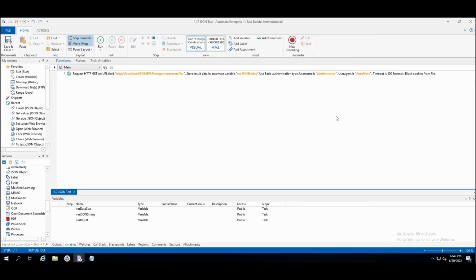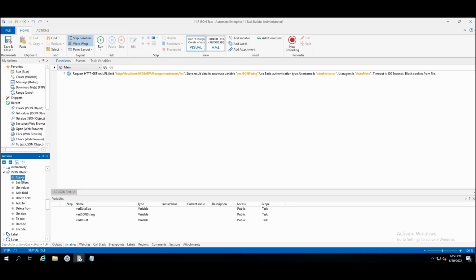So how did we get that nice visual selectable field JSON output that we looked at a moment ago? Well, we did that by using our updated JSON object action, which contains a lot more functionality than previously provided. So here we have an API call. It's going to return that same JSON output that we looked at earlier into a variable.